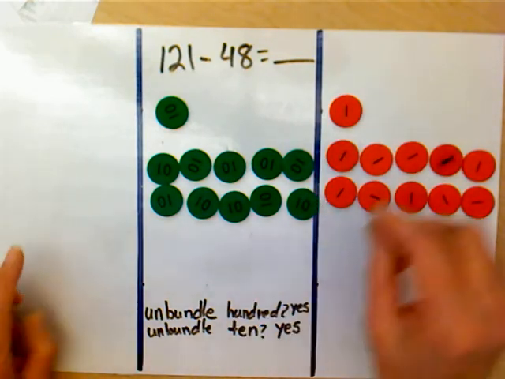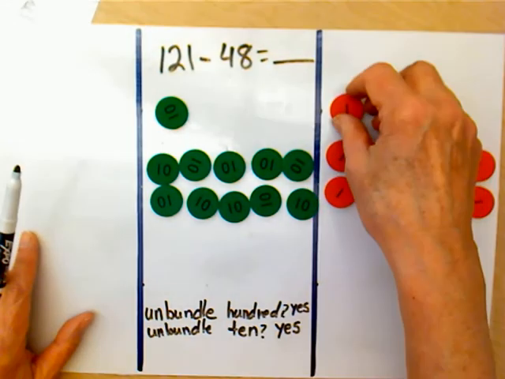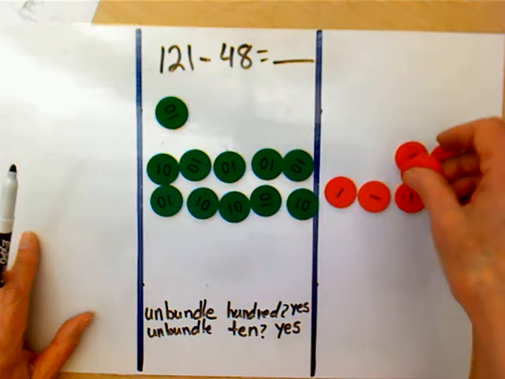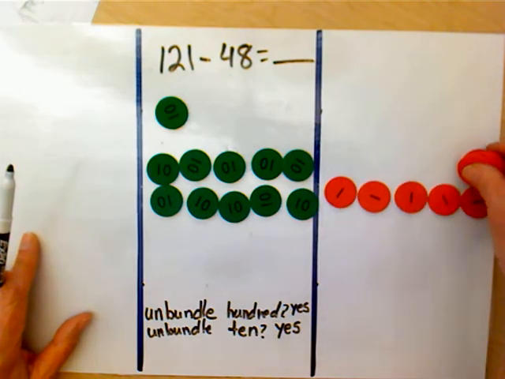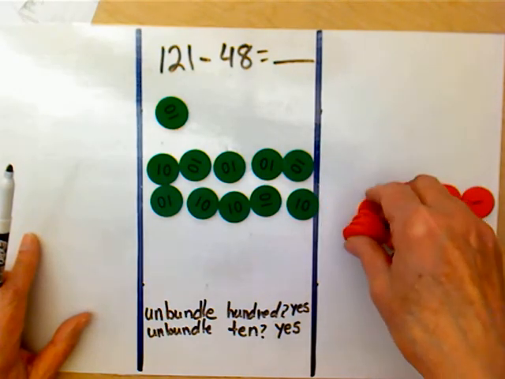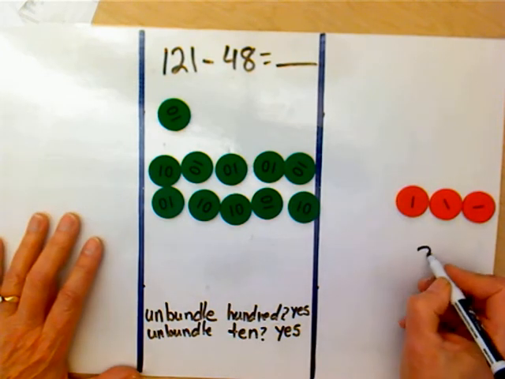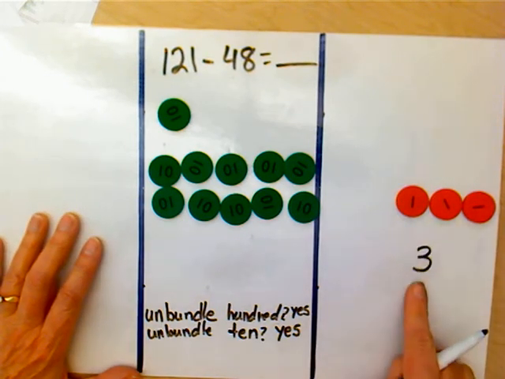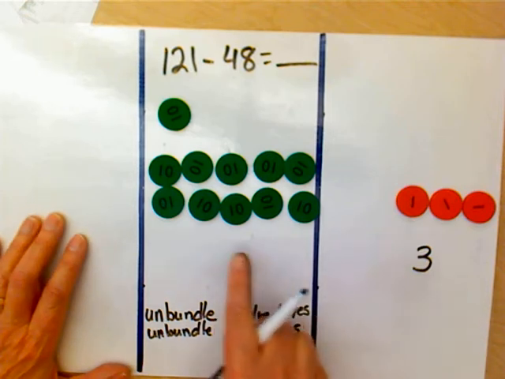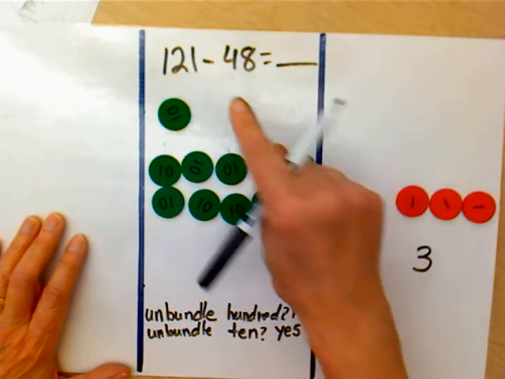So let's go ahead and say, well, I certainly can do that. 1, 2, 3, 4, 5, 6, 7, 8. That leaves me with 3 ones. So I've got 3 ones here, and now I'm ready to come over to my 10s and ask the question,